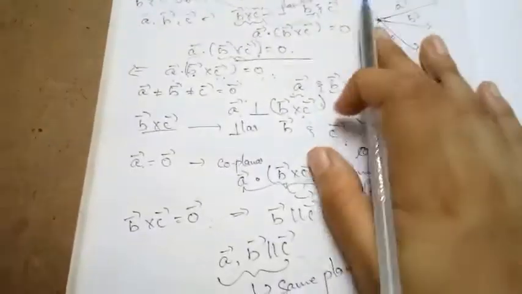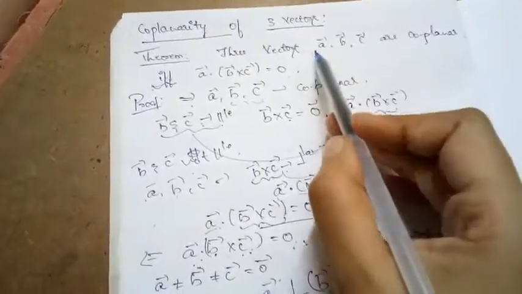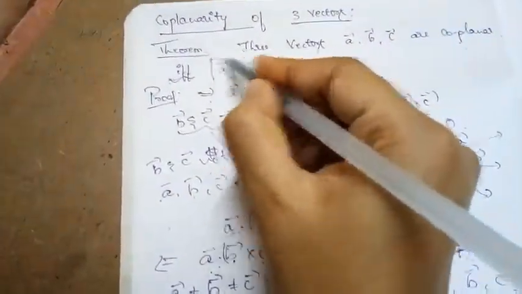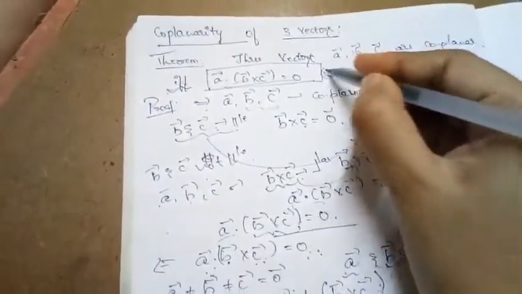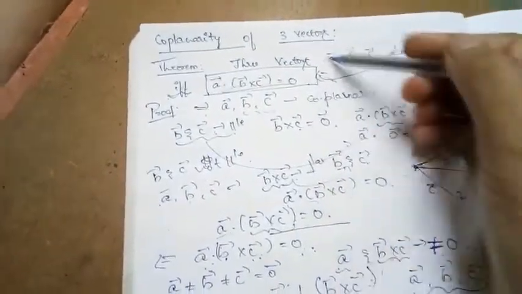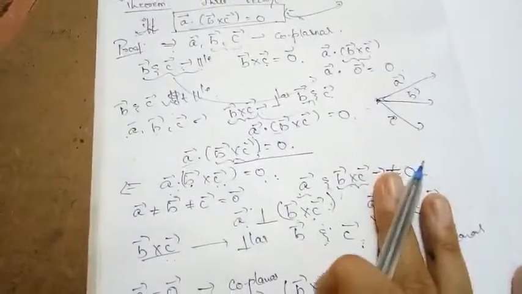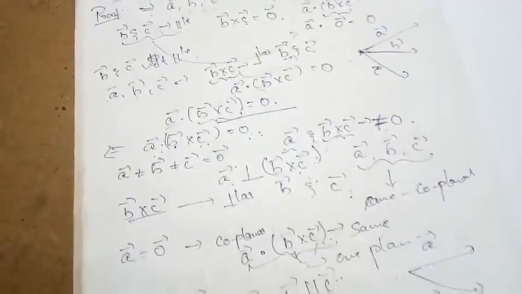So the main thing which we need to note down here is, if three vectors are coplanar, then the scalar triple product is 0. This is the only thing which we are required to solve the problem. So any problem regarding coplanarity that is going to arise, it is this itself, not the proof of this theorem, but the idea of the proof is very important for understanding purposes.